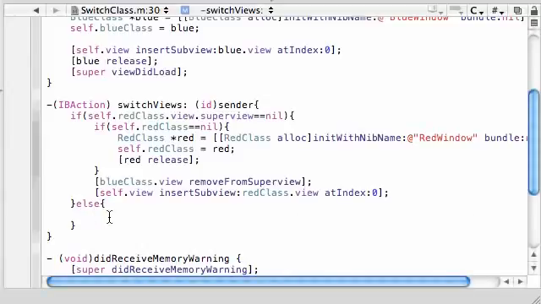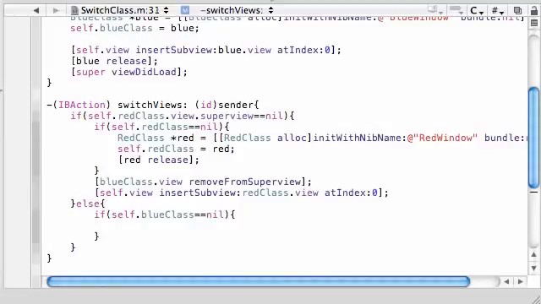So let's go ahead and if self dot blue class is equal to two equal signs, nil. If it's equal to nil, then go ahead, and by the way, if you're saying, alright, we already created an object, then why do we have to create it again? Well,